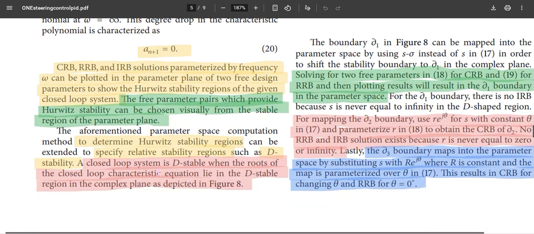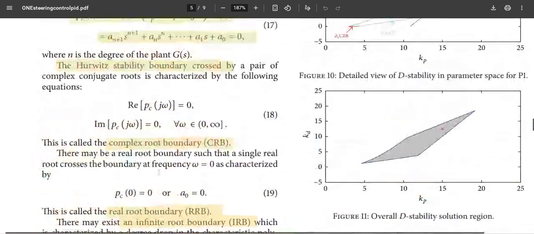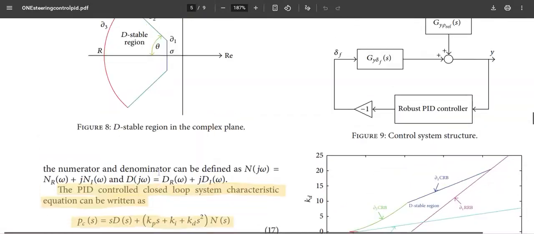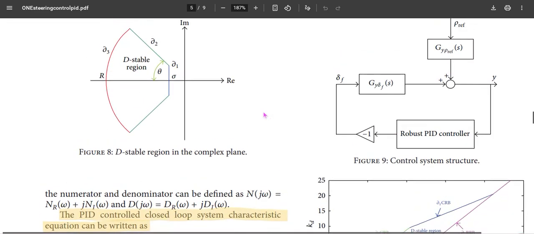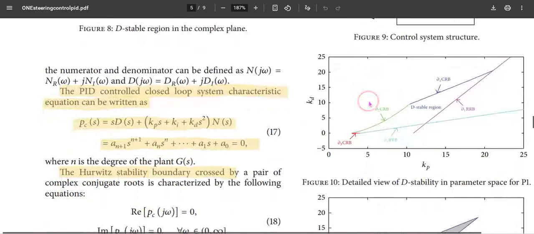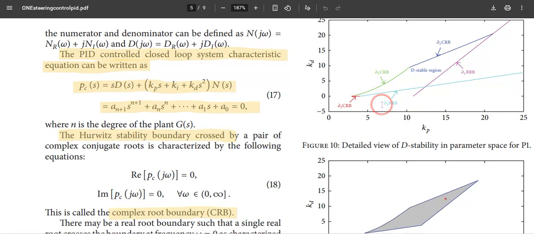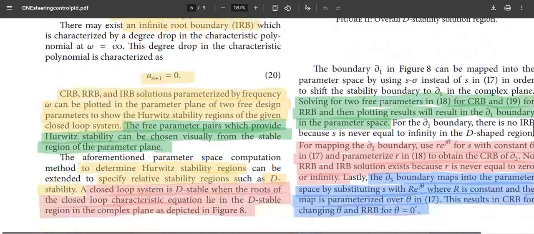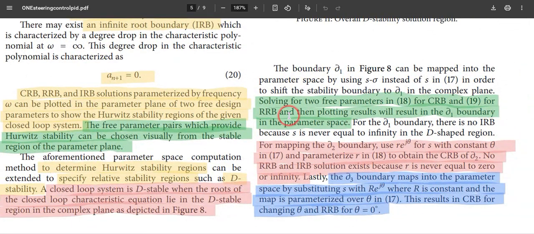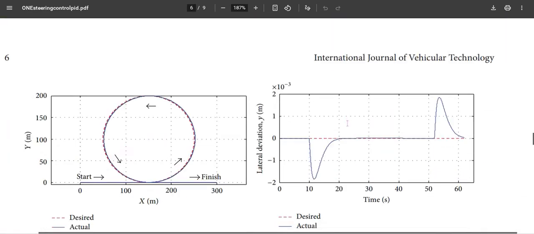also be visually depicted in equation 8. So our characteristic would be to map this boundary into a parameter space using this, and try to see what the values for Kp and Kd are so that the system becomes stable. So they have used these equations 17, 19, and 20 to map this bounded domain D1, D2, and D-infinity into the parameter space,